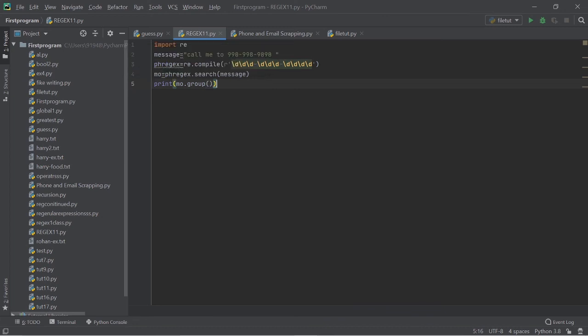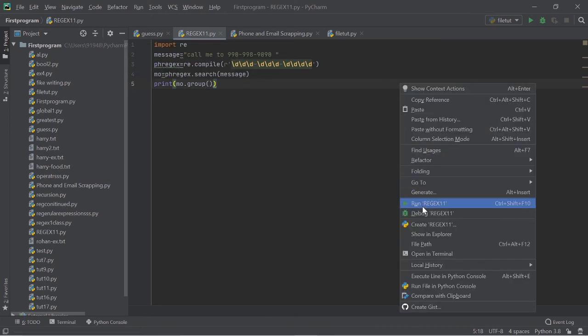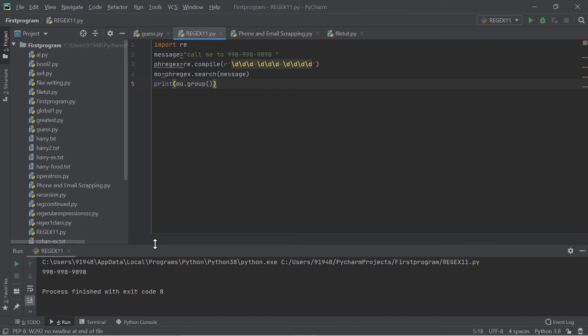Okay, let us run this. Okay, see, it has searched. Congratulations guys, it has searched the pattern. Okay, if there are multiple patterns, let us see whether dot search is able to find them or not. Let me give 676 766 767 9898. Let us see. No, it is not able to search multiple numbers, so we make use of